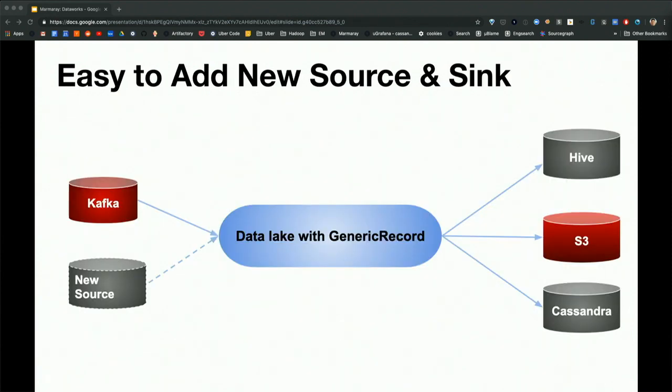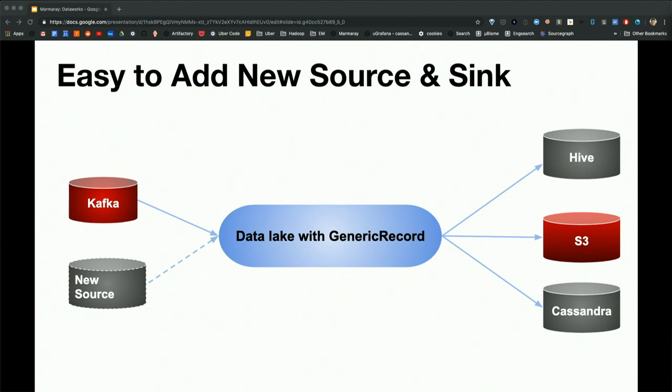Next thing I wanted to talk about is that we intentionally designed the system so that it's very easy to add a new source and new sink. We have an API: for every source and every sink, there's an ISource and ISink, and there's a read function that returns an RDD and a write function that you pass an RDD. As long as you implement these, it's very easy to add support for a new sink.